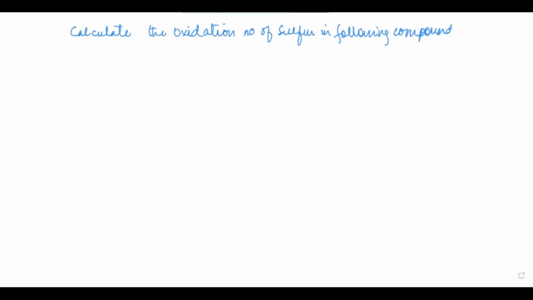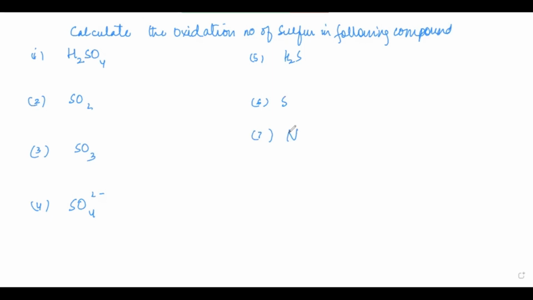Number one compound, we have hydrogen sulfuric acid. Number two, it's basically your sulfur dioxide. Number three is your sulfur trioxide. Number four, you have sulfate ions. Number five, you have hydrogen sulfide. And number six, you have sulfur. Number seven, let's say we have सोडियम सल्फाइड।